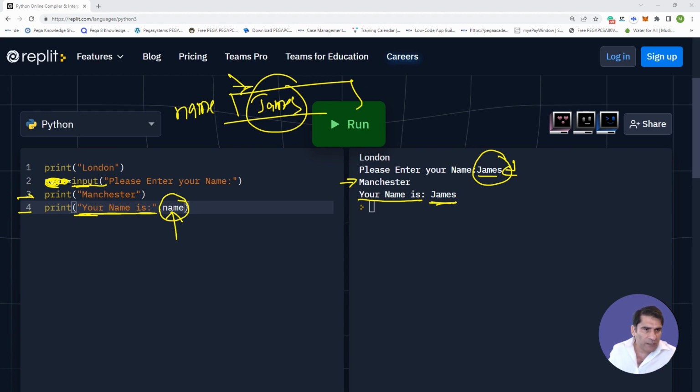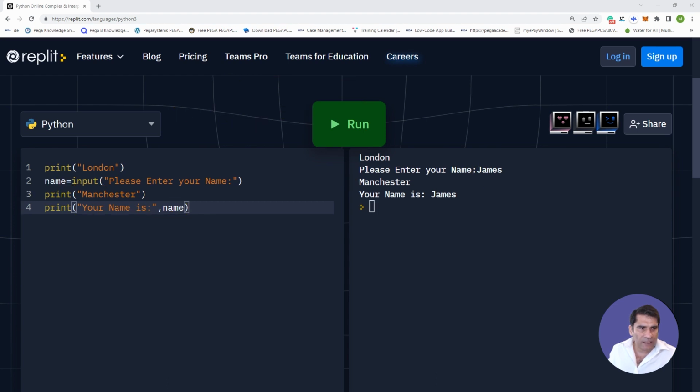So my friends, what we need to do, we need to use input to ask for the value at runtime. We have to give a meaningful message, and then we have to assign that value to a variable, and then we can use that name in our